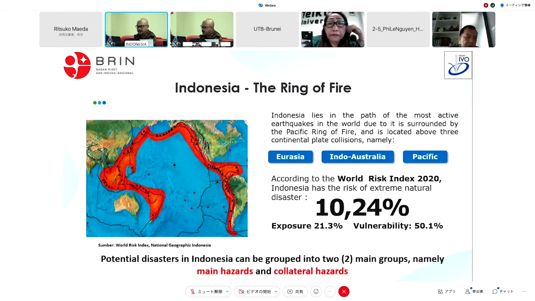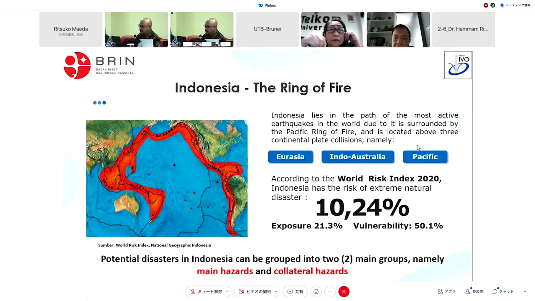According to the World Risk Index 2020, we can see the risk of disaster as a consequence of extreme natural events in most of the world's countries. It is calculated through the multiplication of exposure and vulnerability. Indonesia has a risk of extreme natural disasters of about 10%, exposure around 21.3%, and vulnerability up to 50%. Vulnerability also encompasses the societal sphere and comprises other equally weighted components, such as susceptibility of the structural characteristics and conditions, and various abilities of